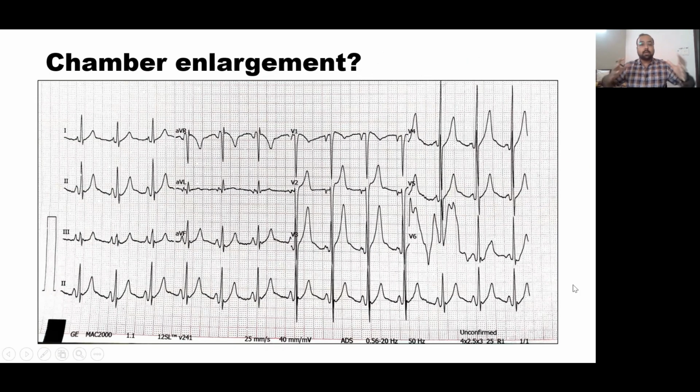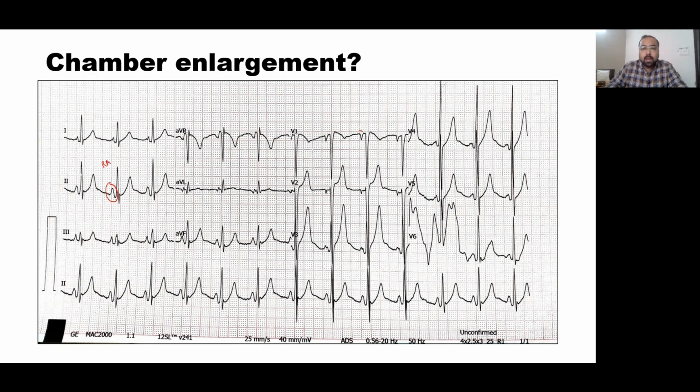Now, this is a very interesting ECG which we obtained on a patient who actually did not have any cardiac complaints, and he had presented with some vague abdominal complaints. And as we can see in lead 2 here, there is a tall P wave, which is suggestive of a right atrial enlargement.